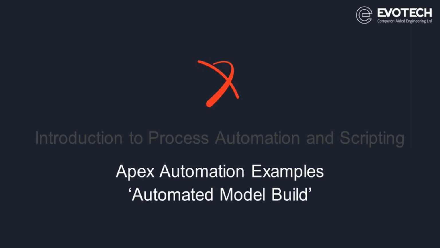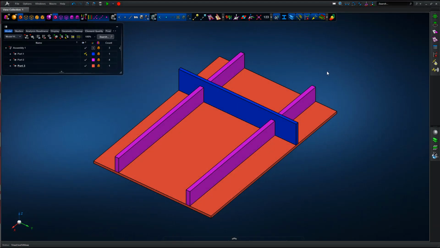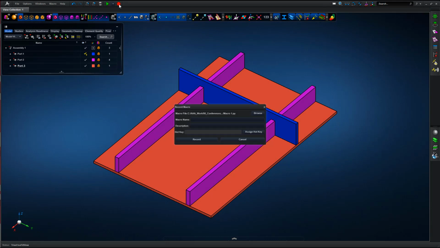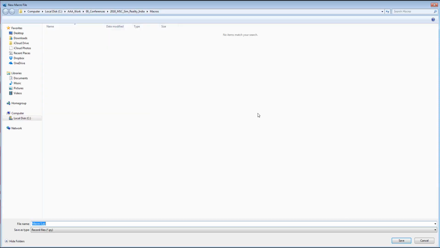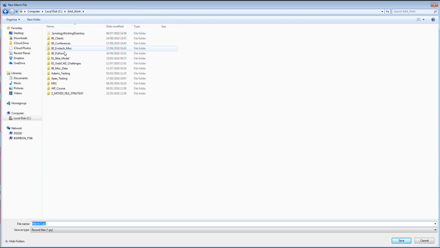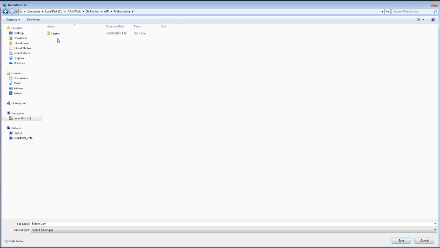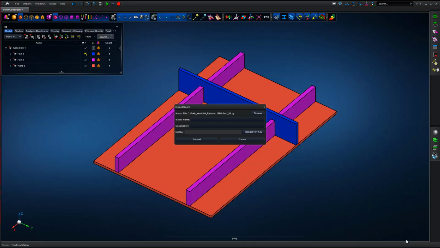Okay, so we'll now look at a second example, this one focused on automated model build. Taking some simple thin wall geometry and recording a macro, in a similar manner to previous, specify the file location and name the macro we want to create. We're calling this one mid-surf 0_1. We're going to have some iterations on this development, and again specify the macro name if we want to select that from the Apex environment,